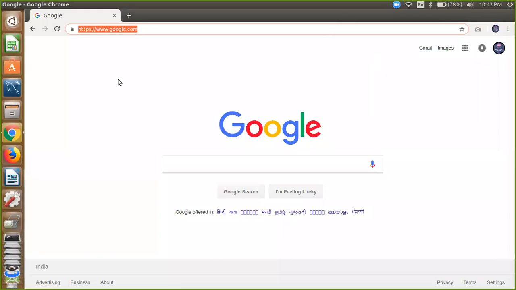Hello friends, my name is Saurabh Dubey and today I'm going to show you how to update name server in